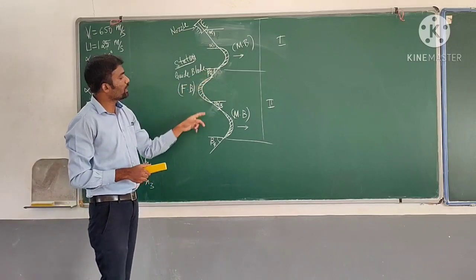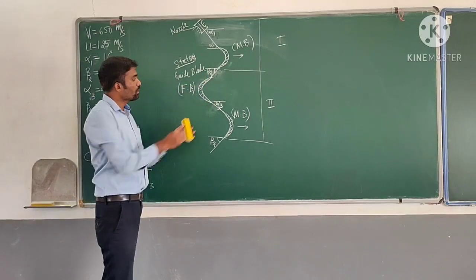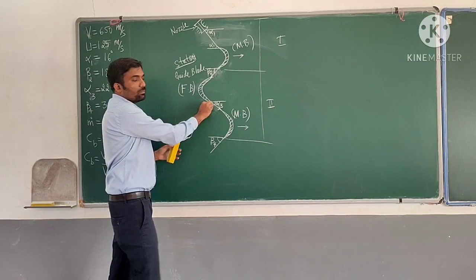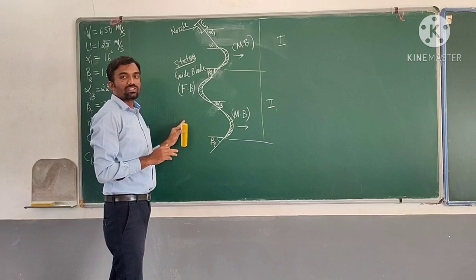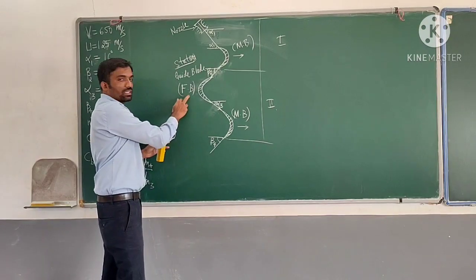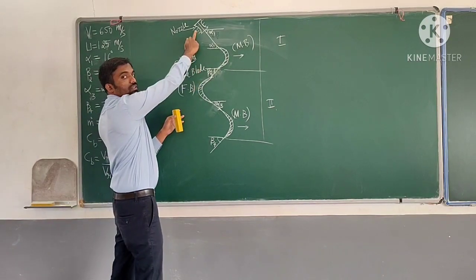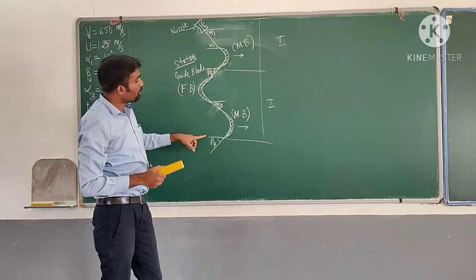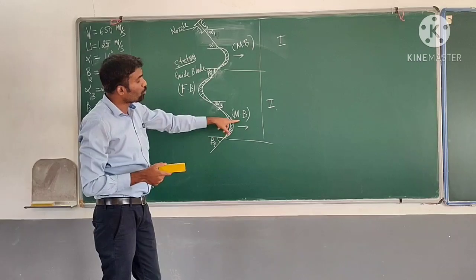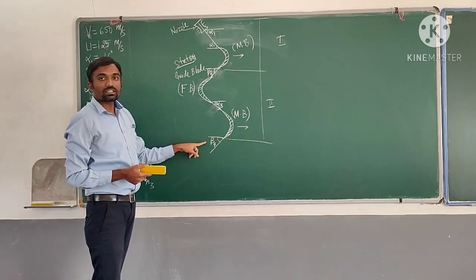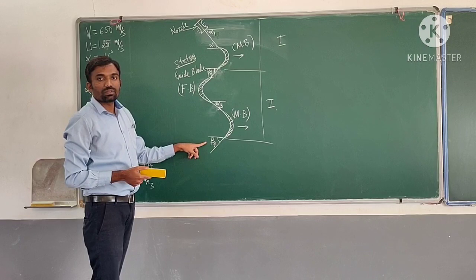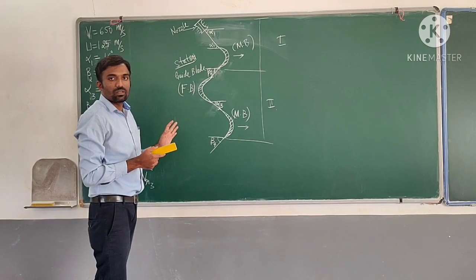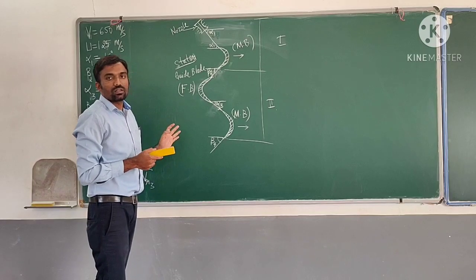Then it will be given the outlet angle of the guide blade. So this is the guide blade, and we are considering its outlet. So the outlet angle of the guide blade for the second stage will be mentioned. Or if it is not mentioned, the guide blade is here only. The nozzle is here, so don't get confused. So that will be alpha 3. Further, it will be given the outlet angle of the moving blade for the second stage. So that is beta 4. So this much detail we should know to solve the problems. Usually these details will be given to solve the problems.